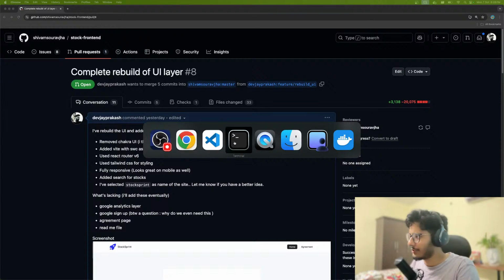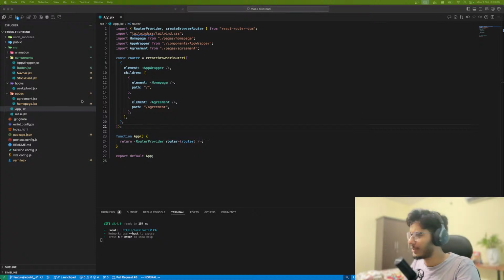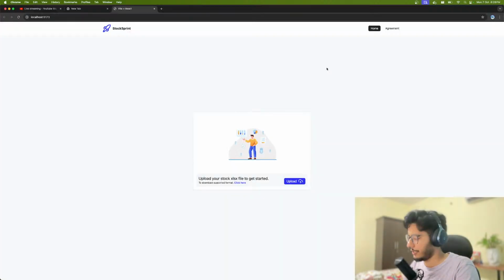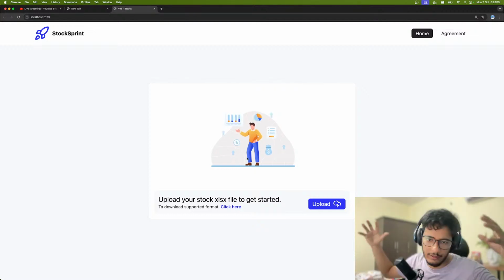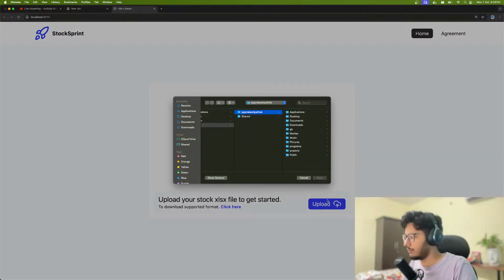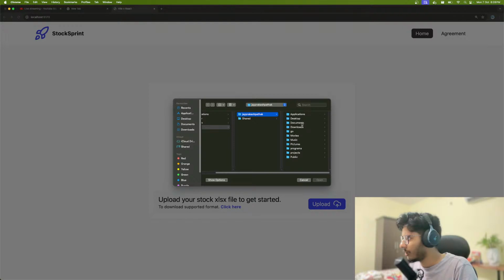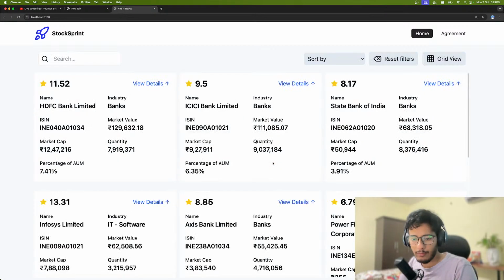Let's quickly start coding this, and let's start the development server. We already have started the development server, so I'll just show you what this is. You can upload your mutual fund reports over here, and then it will analyze them in the backend, and it will give a rating to everything. If I go to projects, and select that Excel file which has the report,